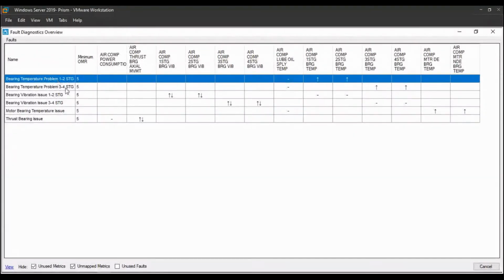This is the name of the disease, and all of these are the various symptoms that are being exhibited. So the combination of various symptoms together become a disease, and that's what we are coding over here. I'll come back to this later, once I've explained what the case is and during the analysis period of time. So I'll keep on referring to this fault diagnostics as we go on through the demo.